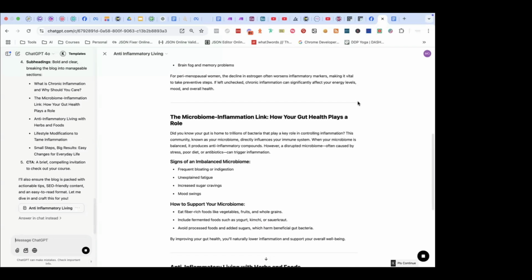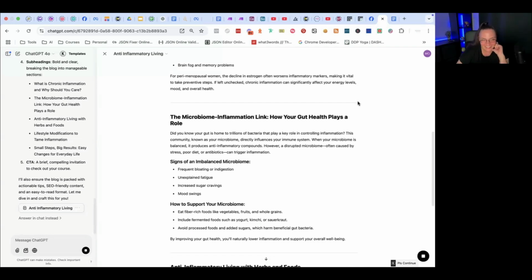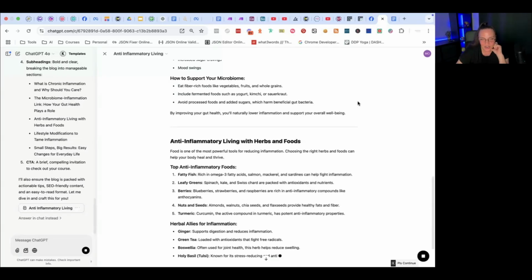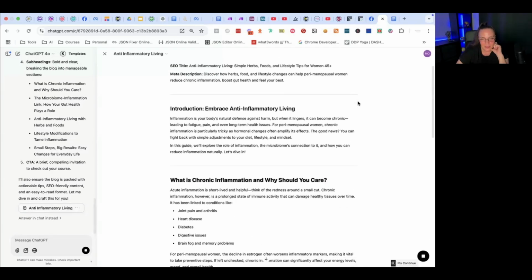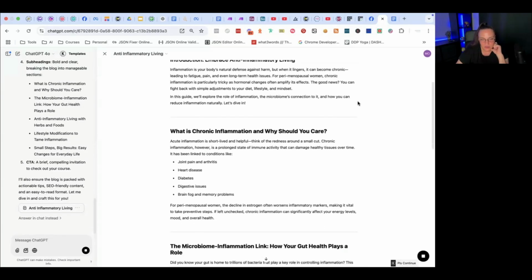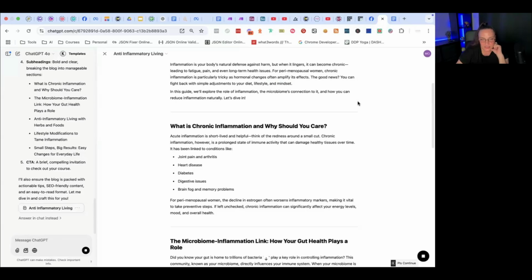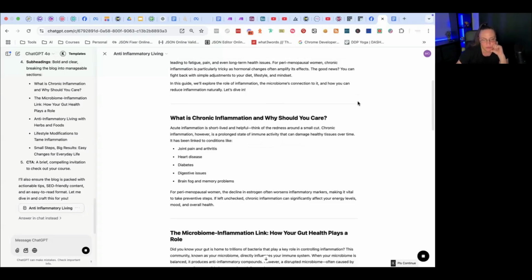You would actually read it? It's still writing. It says that chronic inflammation is a prolonged state of immune activity that can damage healthy tissues over time and is linked to conditions like joint pains and arthritis, heart disease, diabetes, digestive issues, brain fog, and memory problems.